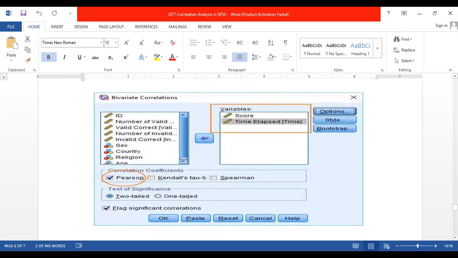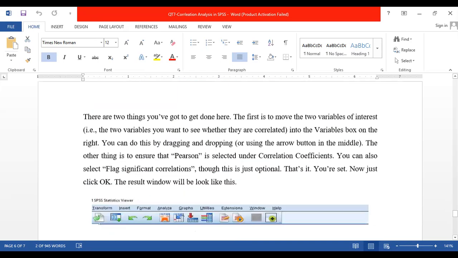The first one, on the extreme left side, has our variables, and on the extreme right side we need to shift the variables on which we need to perform correlation analysis. So first of all, I select these two variables, check the Pearson coefficient box, and then just click OK. So have a look.